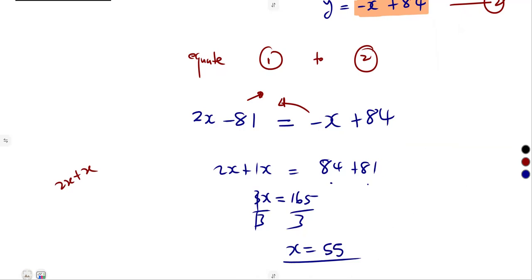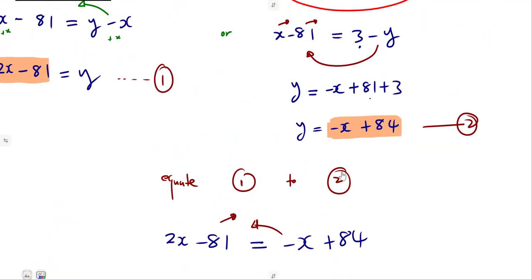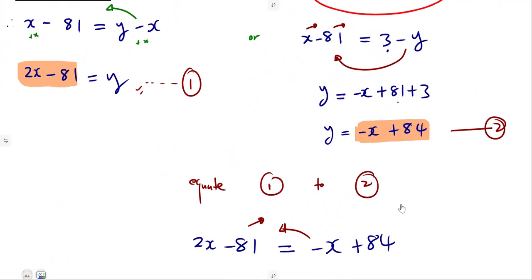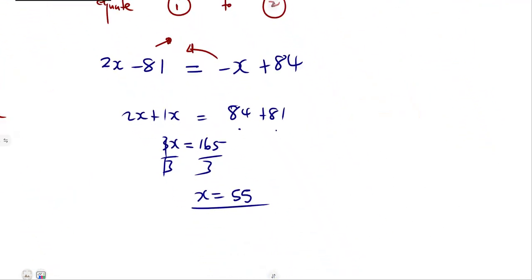With this value of x, we can substitute in any one of these two equations, as y is the subject of the formula. So I'm going to use equation 1. Y is equal to 2x minus 81. Substituting in that equation, which is our equation 1, we can obtain the y value for the